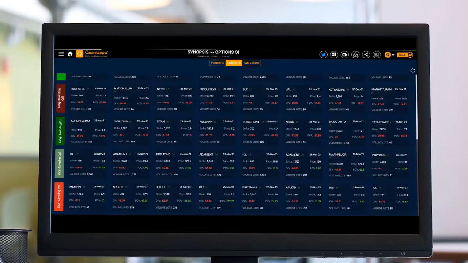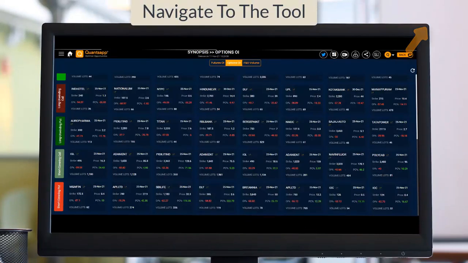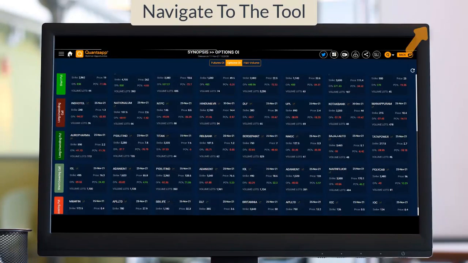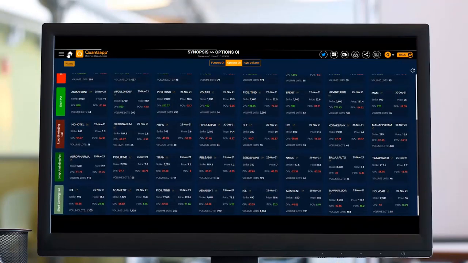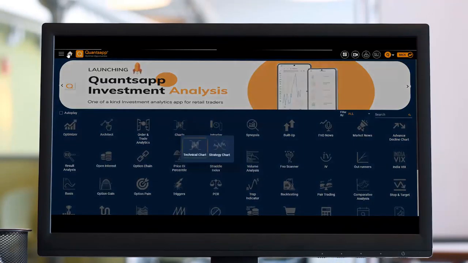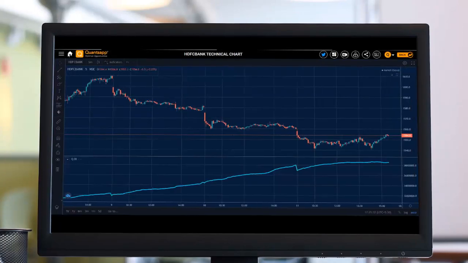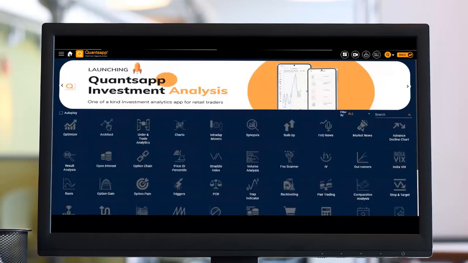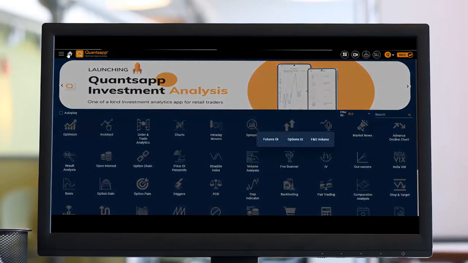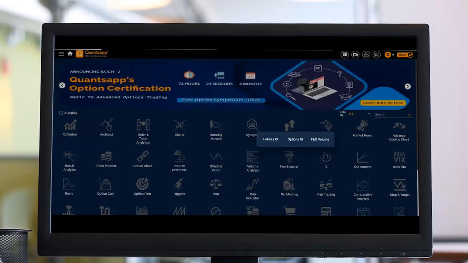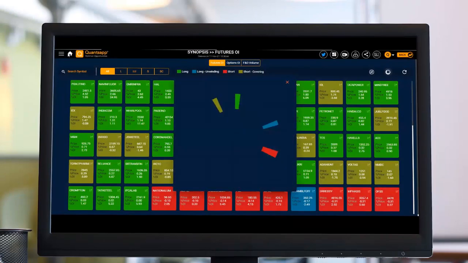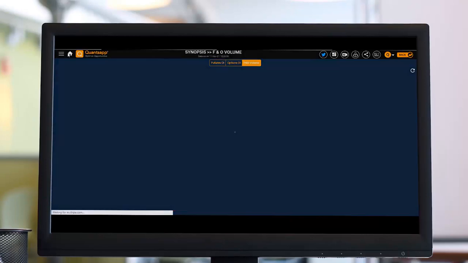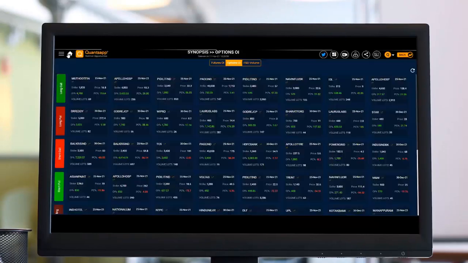So that's how the tool will help us from having a bias on the market to identifying or shortlisting a candidate. And also we can go ahead and analyze the stock which we have got in the charts tool in our application. So the technical analysis, if you want to do it on the instrument which you find, you can go ahead and do it. And trust me, it will take just a fraction of a second to check the futures OI, check the gainers and losers, have a look at the market breadth and find out an instrument from options OI.